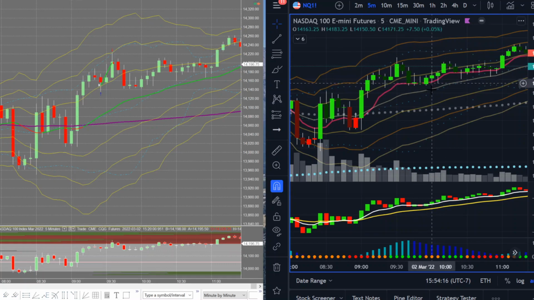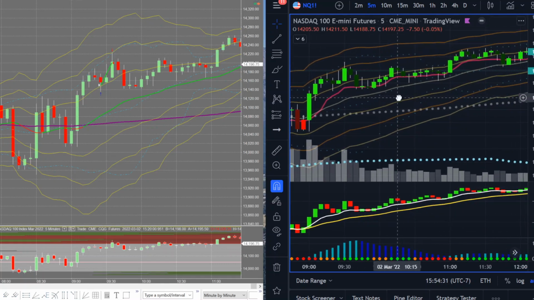But this is one of those days where the market grinds higher. So as you can see, it just kept coming to 8 MA and then going up, 8 MA and then going up. So it wasn't giving me any chance. And the only chance it gave me was right here around 10:50,